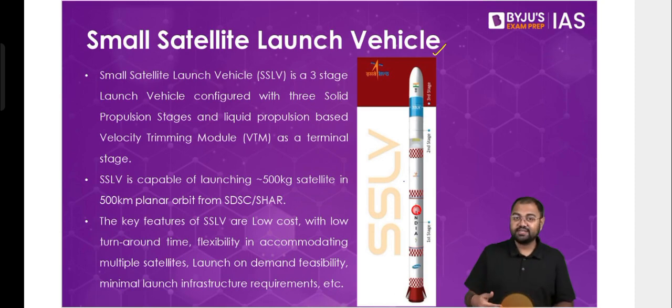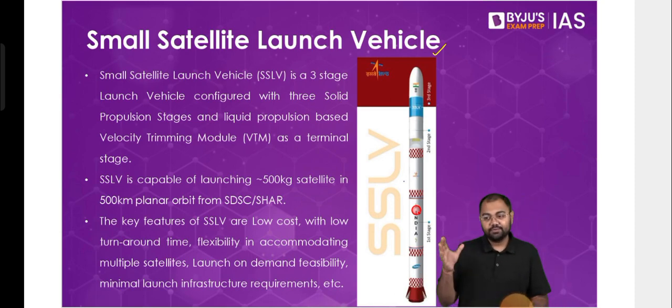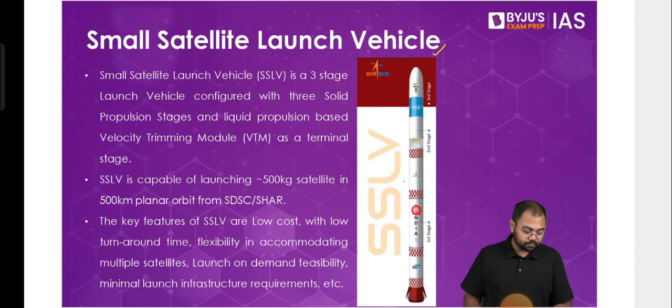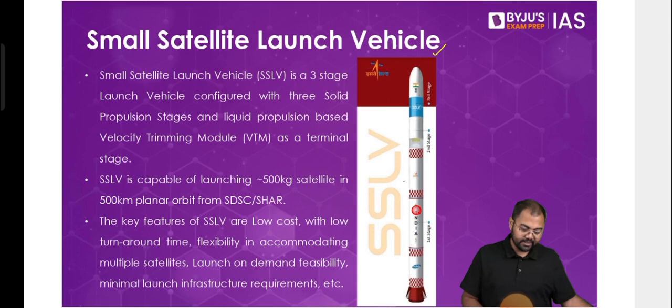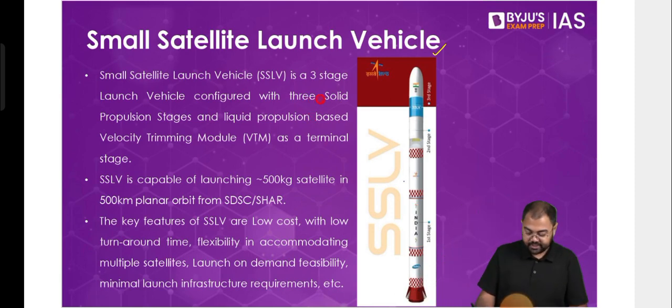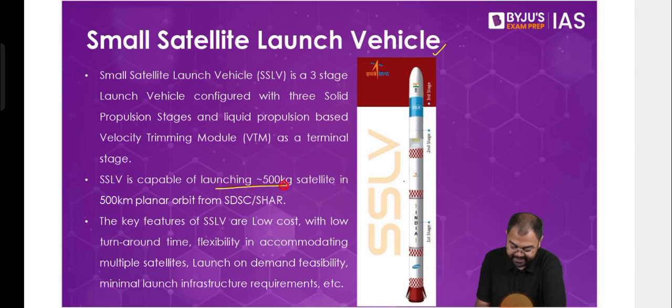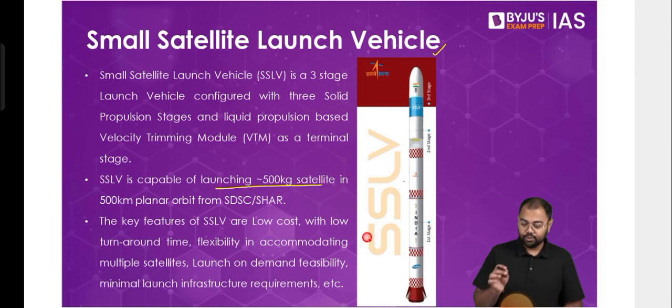But looking at the market of small satellites or nanosatellites in particular, ISRO understood that we need to take it away from our dependence on a big launch always happening so that these small satellites would be sent. And this is where the concept of small satellite launch vehicles comes from. This is where we are going to have a launch vehicle that will be capable of launching any satellite up to 500 kg into the lower Earth orbit.